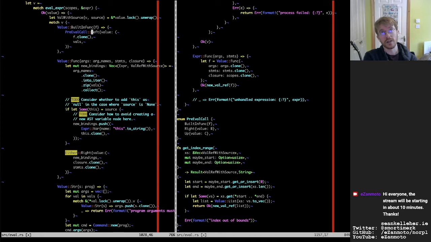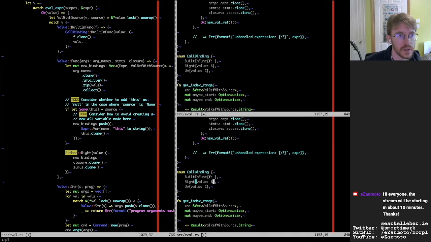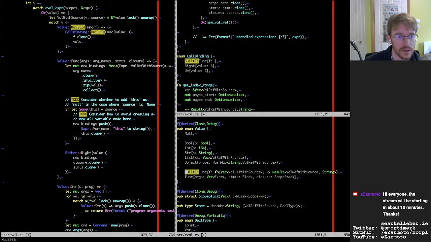So where the arguments and a call binding maybe. So, and that would be built-in func. And we'll have the function itself. That'll use the same